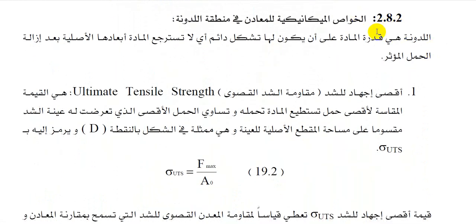Article 2.8.2, the mechanical properties of metals in the elastic region. يعني الخواص الميكانيكية, the mechanical features of metals in the elastic region. The plasticity, or in the plastic region. The plasticity is the ability of materials to possess or retain permanent deformations, which means